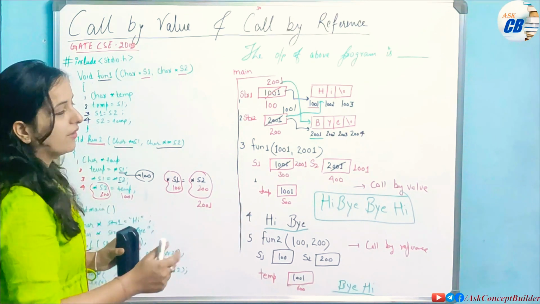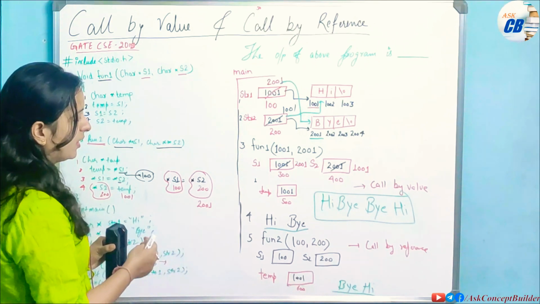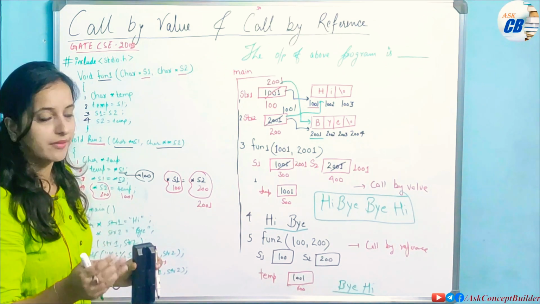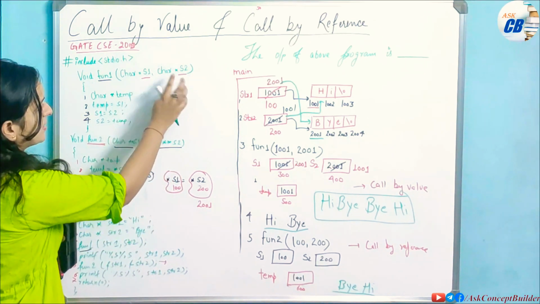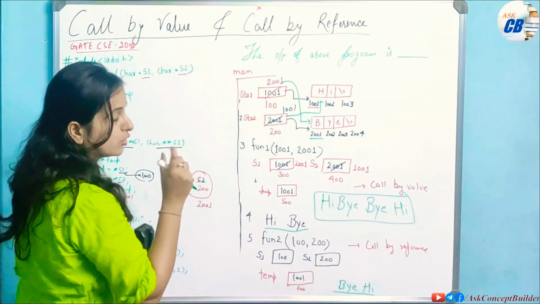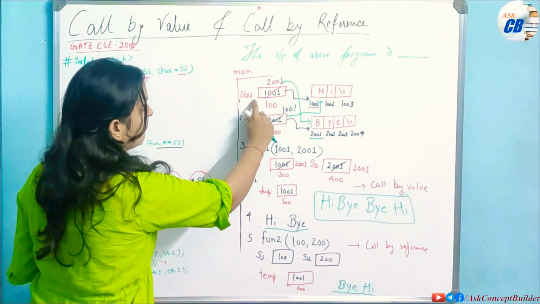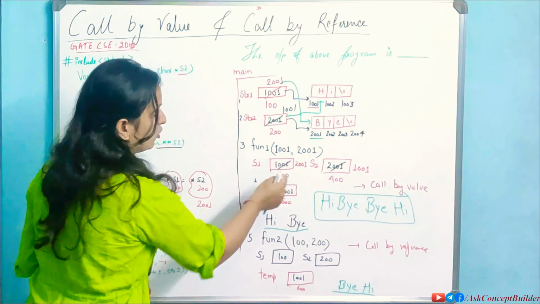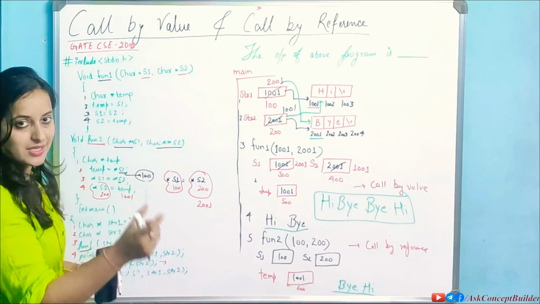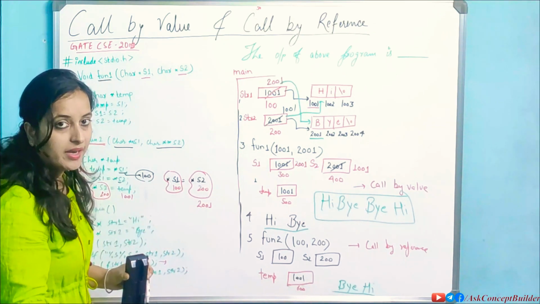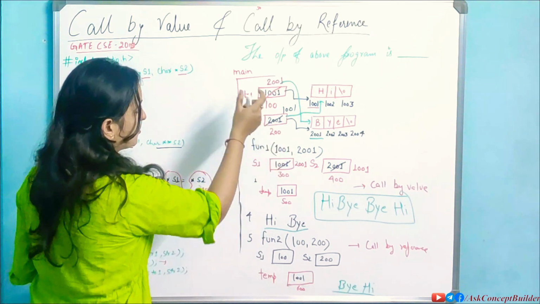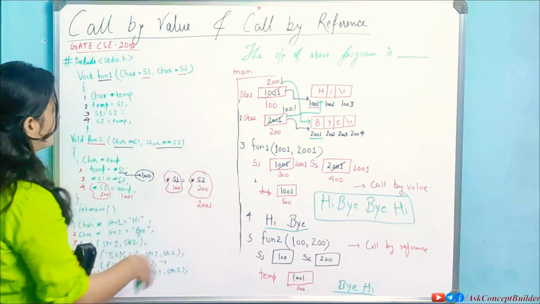So here also you have seen an example of call by value and call by reference. In the fun1 function you directly passed the s1 and s2 values. Those were also pointer variables, but the values were passed, and the change was reflected only in your fun1 function. But in the fun2 function you passed the addresses of str1 and str2, which we can call call by reference, and that finally reflected in the original strings present here. So this was all about this video.